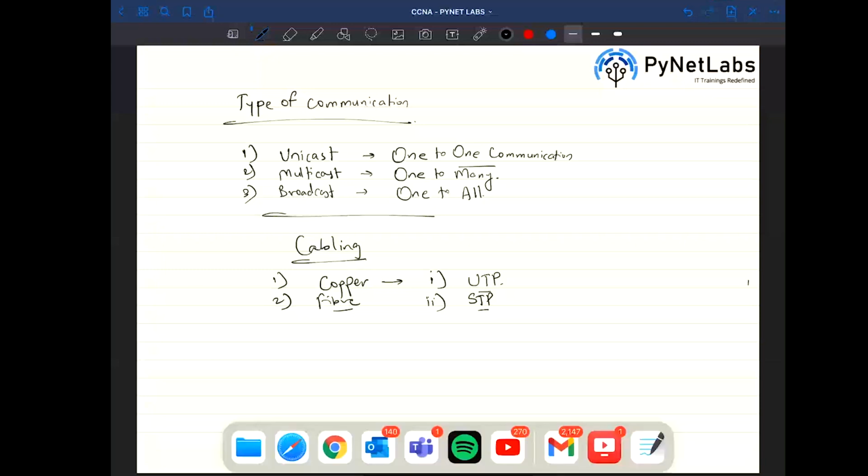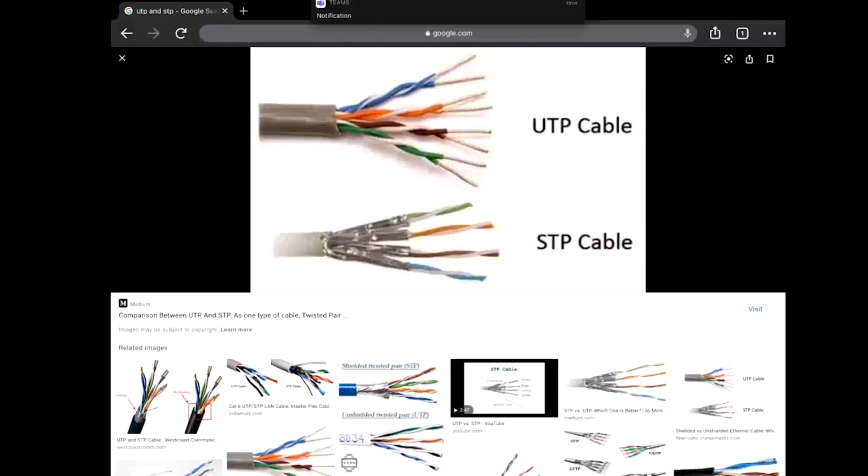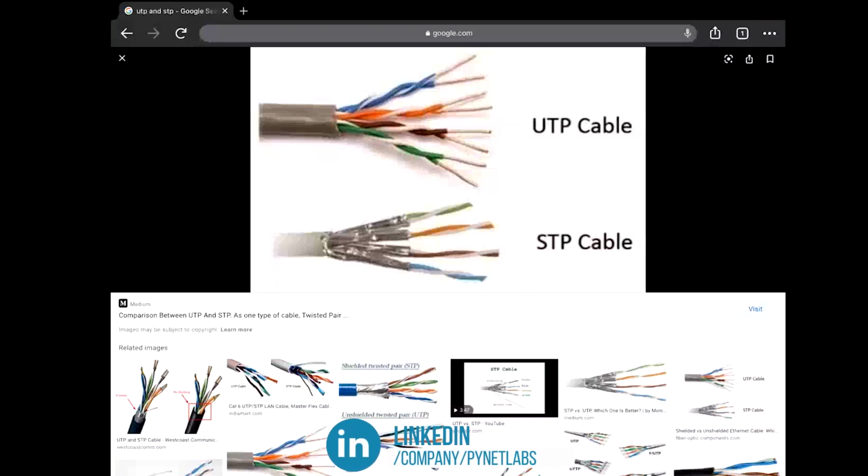Okay, this UTP cable basically doesn't have any shielding. And if we see the example of it, you can see that with UTP cable there is no aluminum foil that covers each and every pair. So you'll always find that in UTP cable there is a color coding that follows. You can see the colors like blue, white and blue, then orange, white and orange, brown, white and brown, and green, white and green. These are the eight